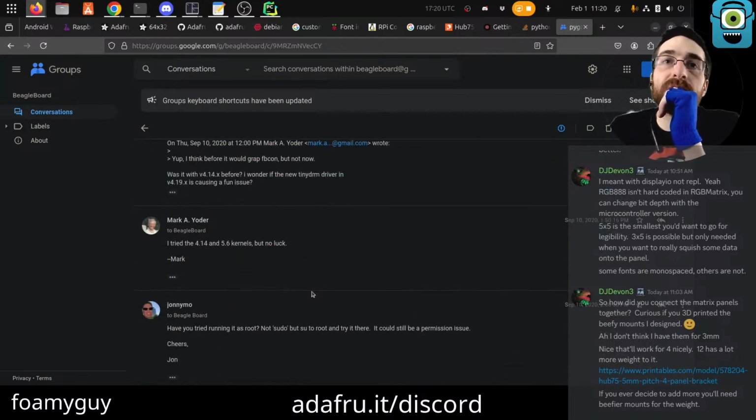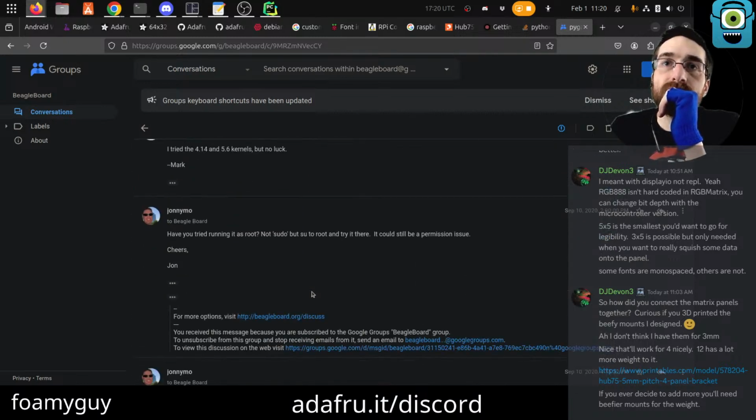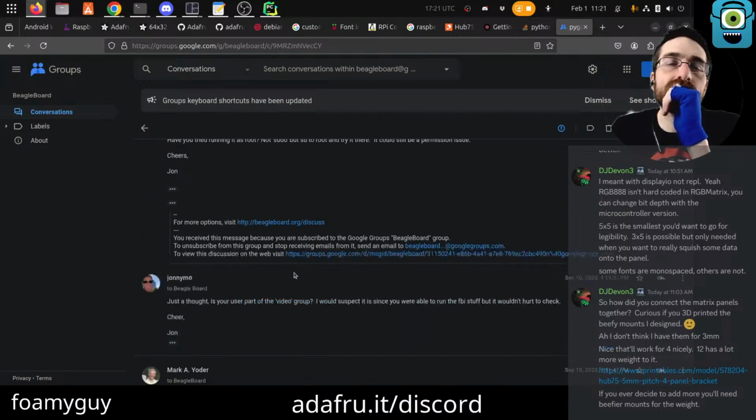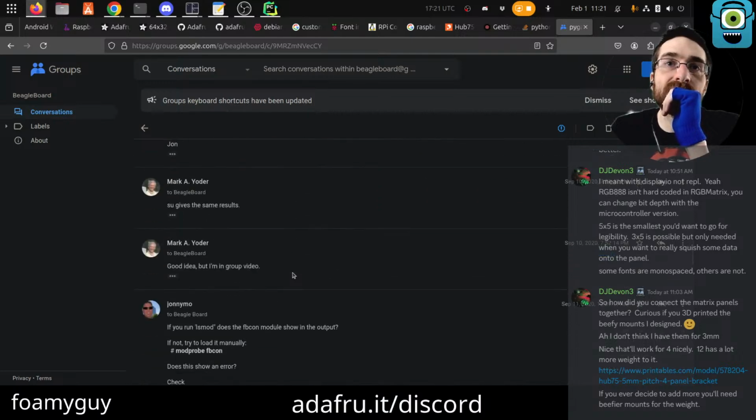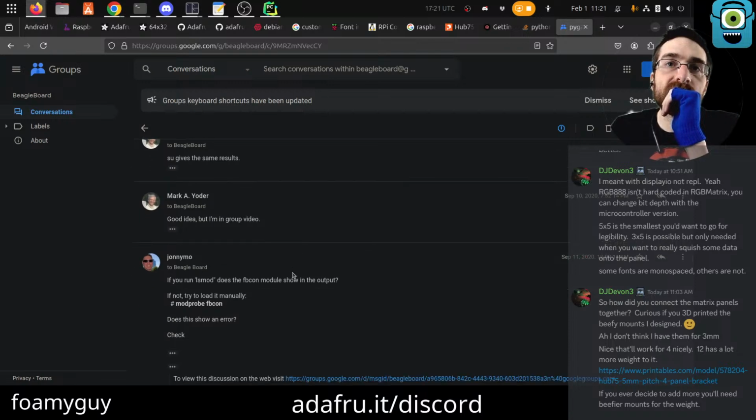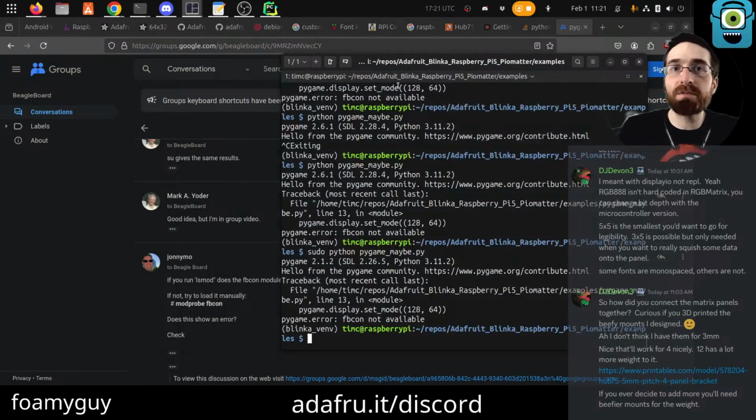I don't even know what FBCon is though. If you run lsmod, does the FBCon module show in the output? I don't know what that means, but we can.